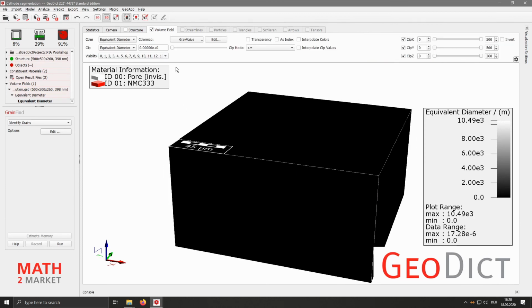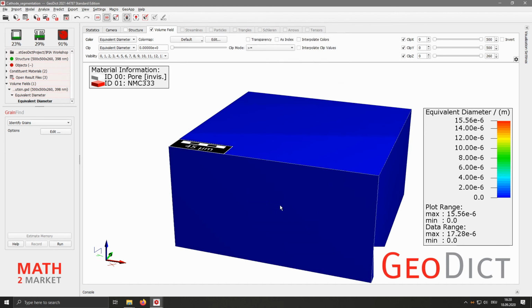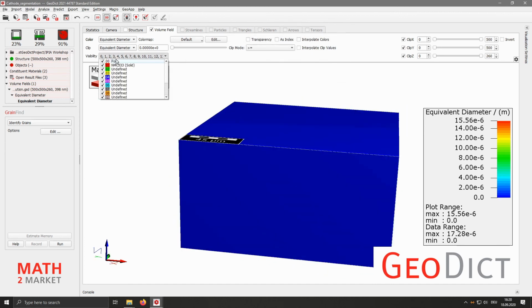Now that first of all looks a bit confusing because we still have the gray value color map from the CT scan set, but we can just switch in the volume field tab the color map button here to default. And we can disable the visibility in ID 0, so in our pore, because we only analyze the solid material.